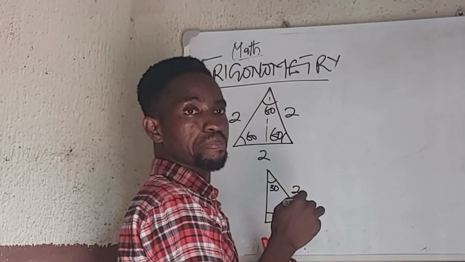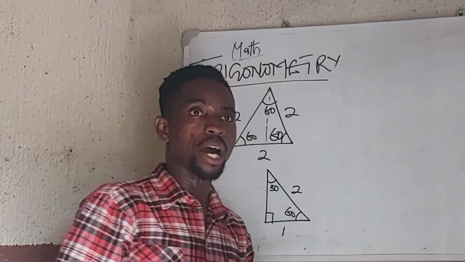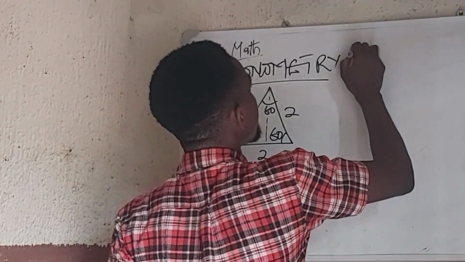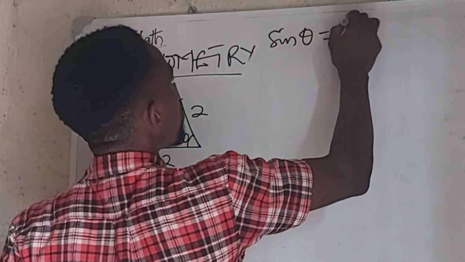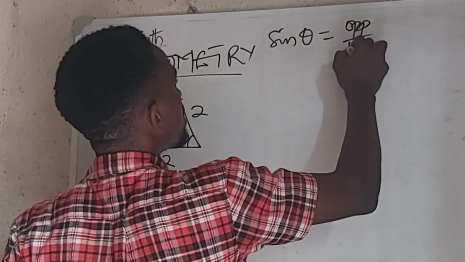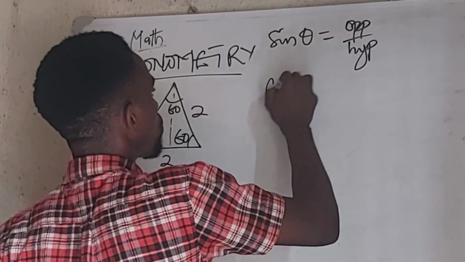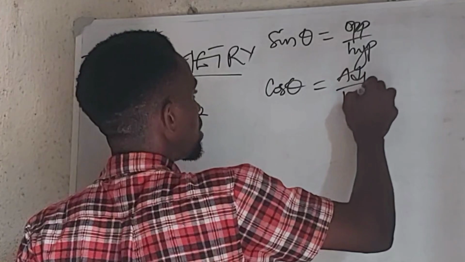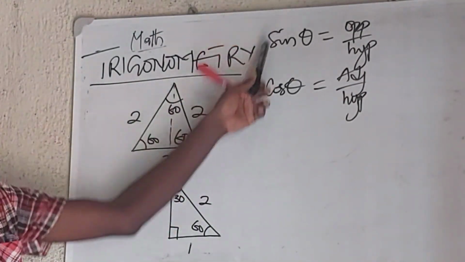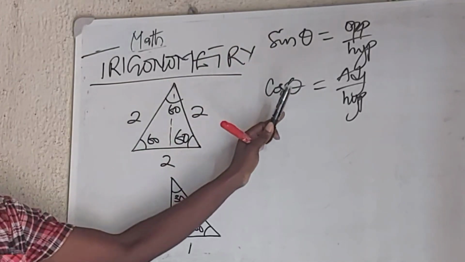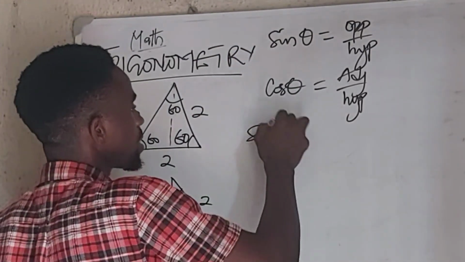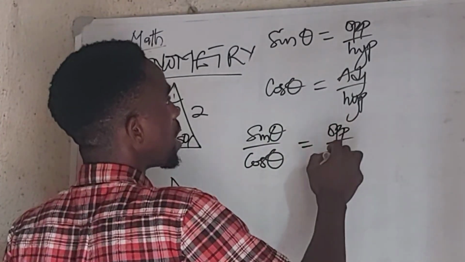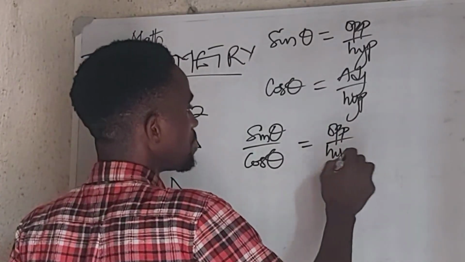Remember from Pythagoras theorem again, or from our basic trigonometry, that sine theta is opposite over hypotenuse, and cos theta is adjacent over hypotenuse. So let's find the ratio of sine theta to cos theta. Sine theta over cos theta is going to be opposite over hypotenuse divided by